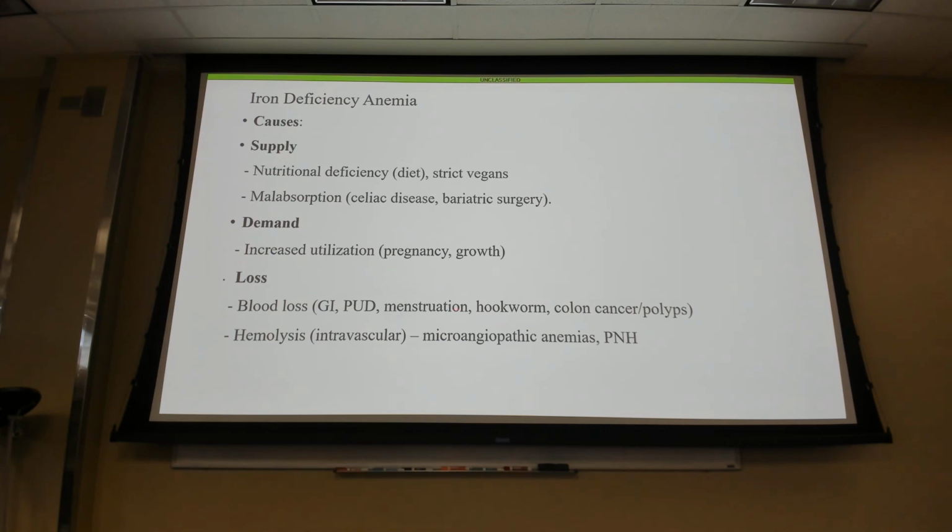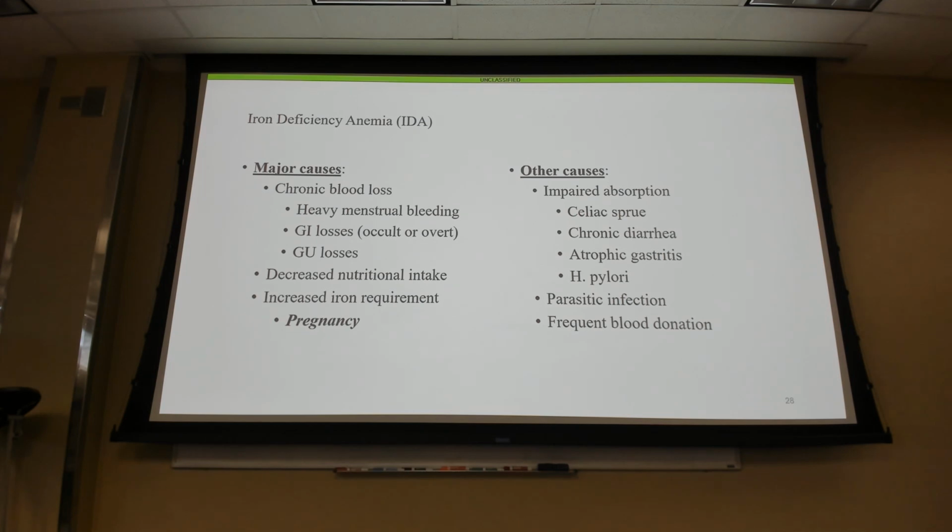Hemolysis, and we'll talk about some of these disease states specifically. Iron deficiency, we're gonna beat this to death. Major cause, there you go. So your blood loss, is it a nutritional intake problem? Is it a demand problem, do I need more? And then any of these conditions over here, impaired absorption. Parasitic infection, hookworms we talked about, frequent blood donation, which you could potentially see,